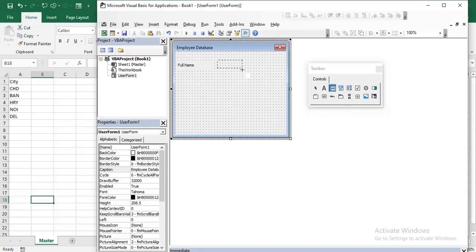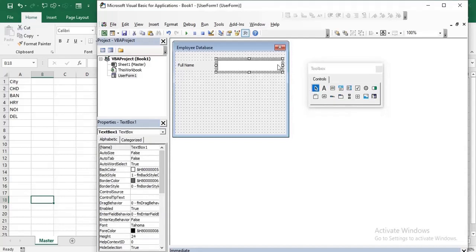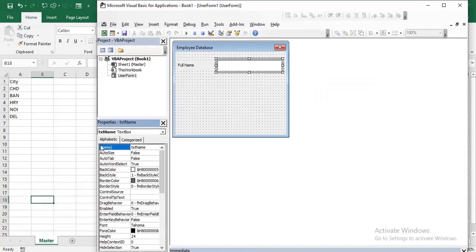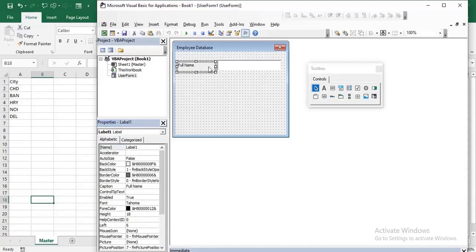So this is the text box option, and I want to name this box something different. I mean, I want to customize this name. So let us customize this name as txt name. Why did I customize this? Because later on it will help us to create a macro for this user form. So we will see it later on also.